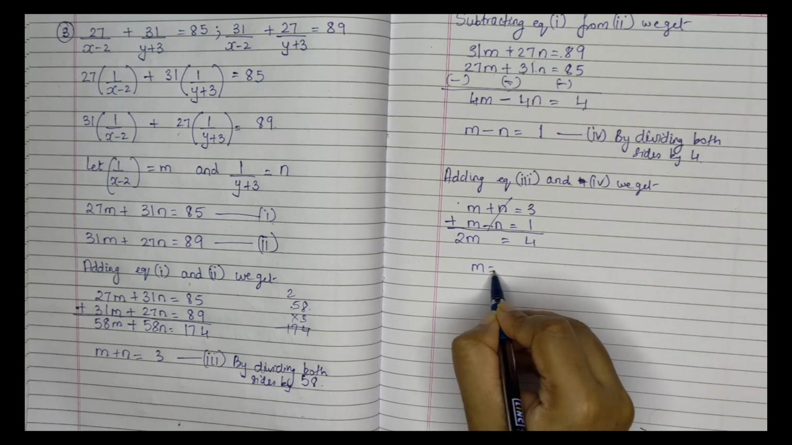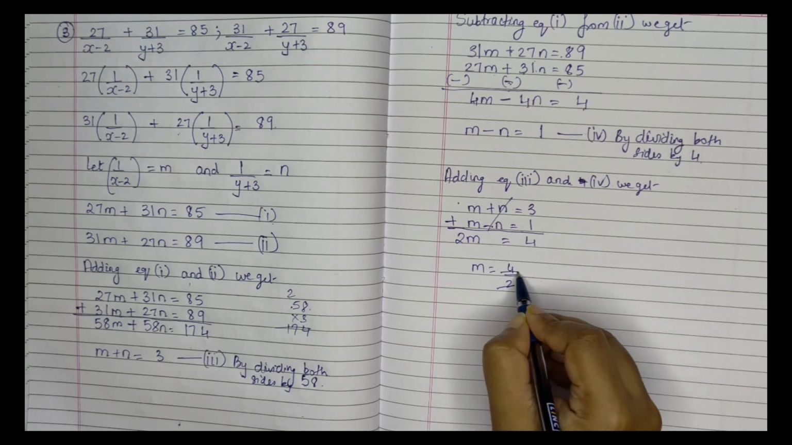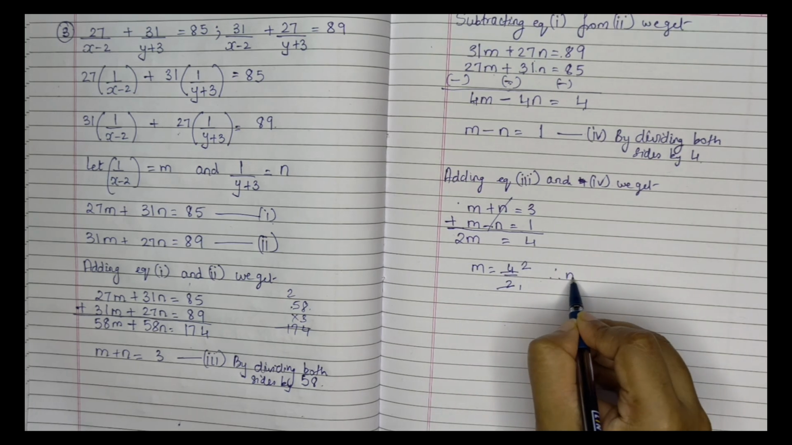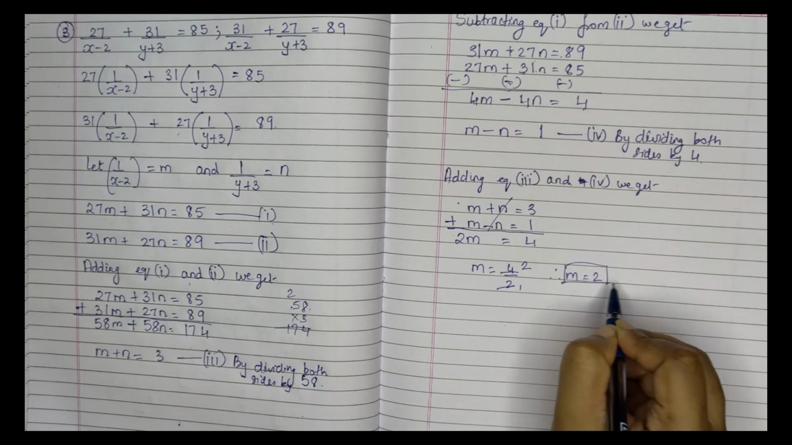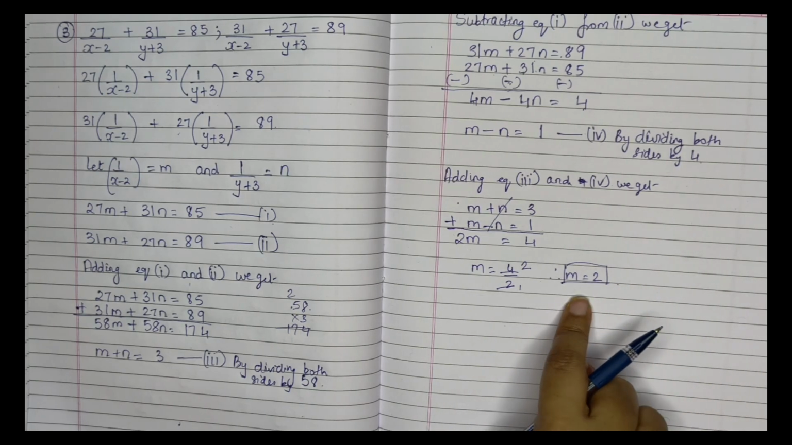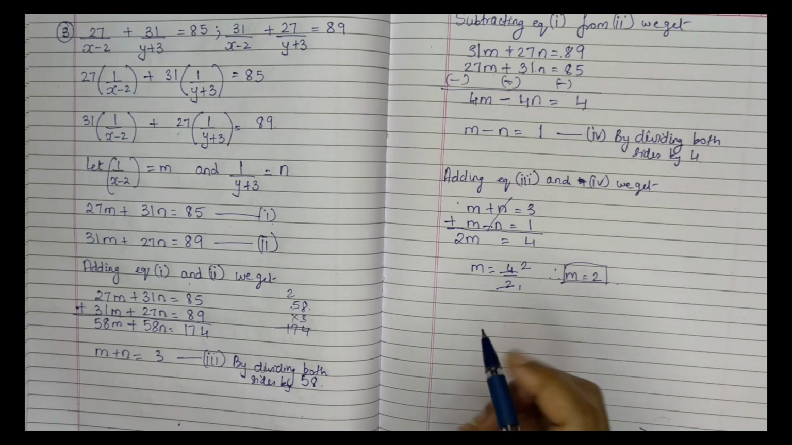So m is equal to 4 upon 2. 2 ones are 2, 2 twos are 4. Therefore m is equal to 2. We got the value of m. Now we will get the value of n. So we will say substituting